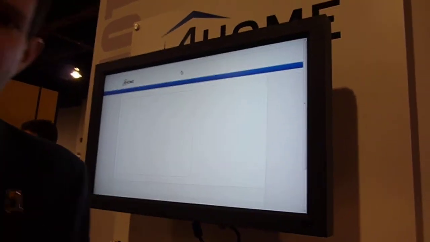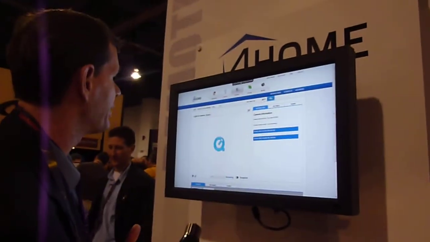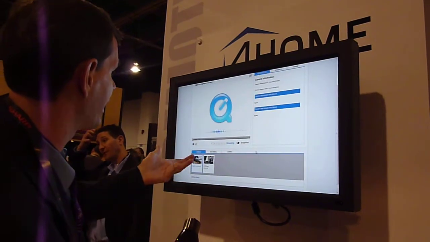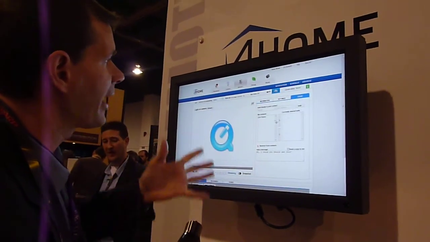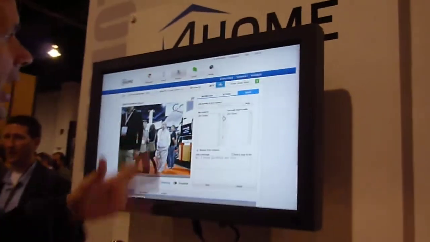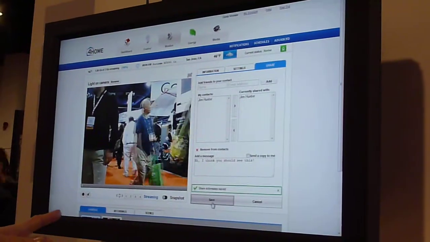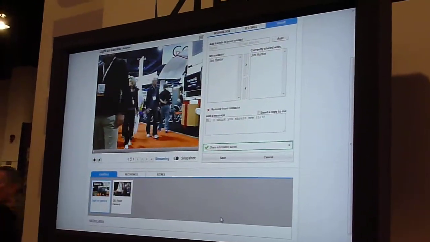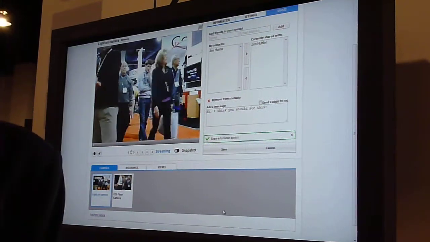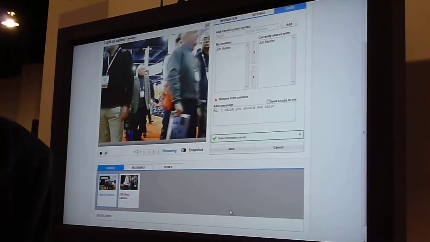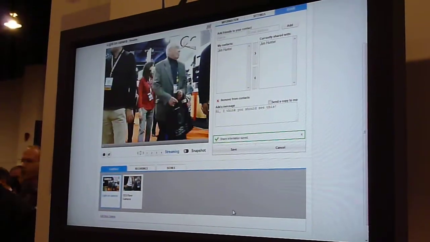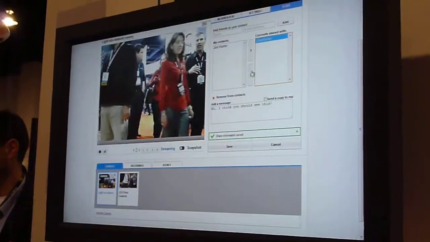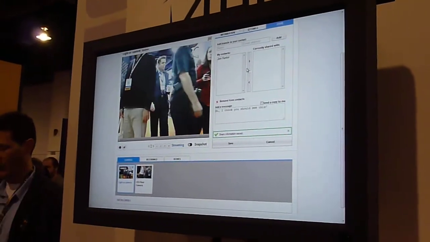For example, if I have an IP camera and I want to share that with somebody, I can easily do that through an email account. So I can take a look at a camera that I may have and choose to share that with somebody. At this point, this camera is said to be shared. I can see that it's a shared asset. That means that somebody gets an email link. It's just like a YouTube link, except it's secure. They can now see my camera until such a time I say, you know what, I don't want you to have that camera anymore, and I can take it right back away from you.